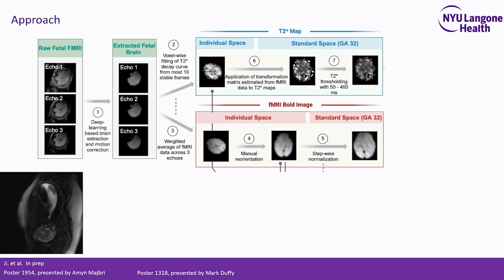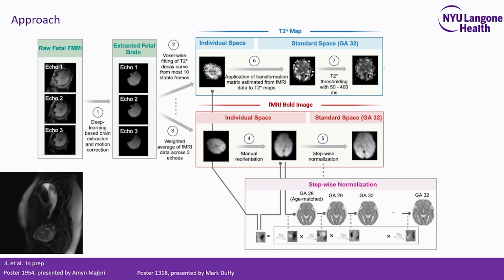to the standard space. And it's notable here that we used a stepwise normalization algorithm because the fetal brain always changes so rapidly and there is so much variance between ages. So we use the fMRI data to estimate the transformation matrix between ages and then concatenate them into one single matrix and apply it back to the T2 star map, and it goes to the standard space. And then we use a cutoff to exclude the extreme values in the R2 star, and it's ready for the